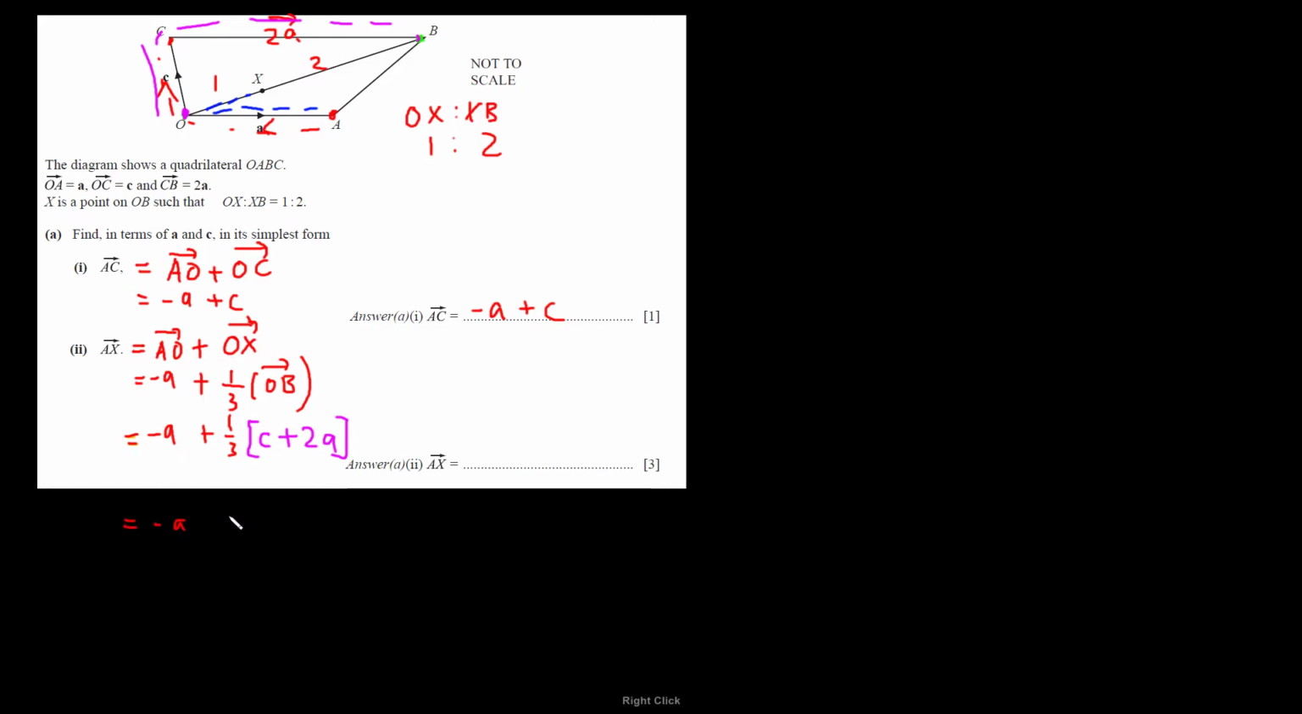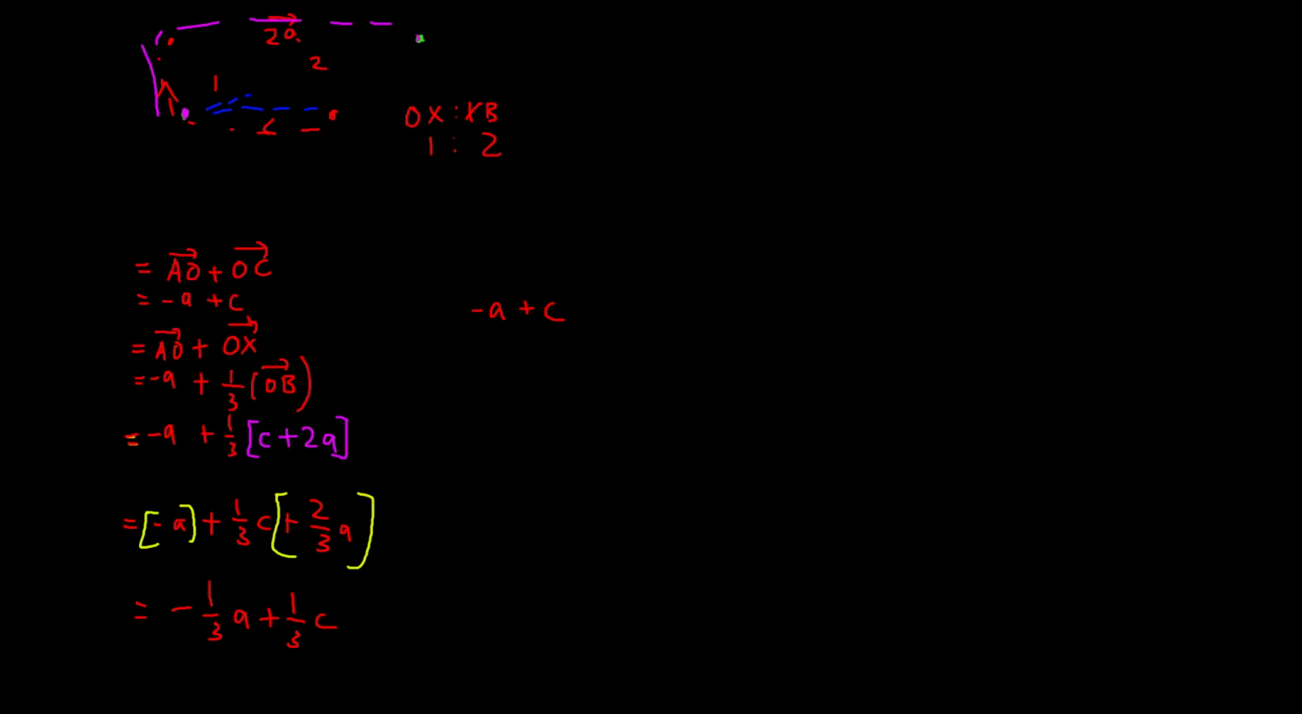Negative A plus 1/3C plus 2A times 1/3 is 2/3A. Group up your like terms again. This is your like term. Okay, final answer, negative 1/3A plus 1/3C. Alright, this is the answer for your third question. Moving on,